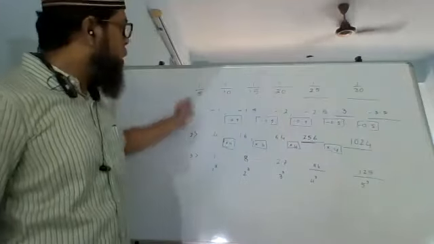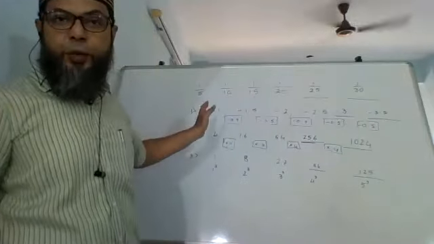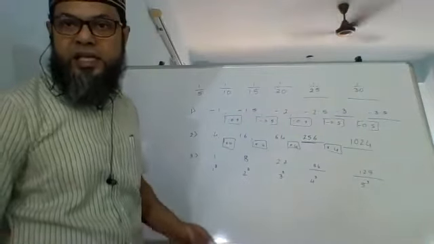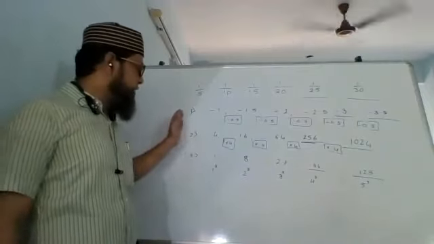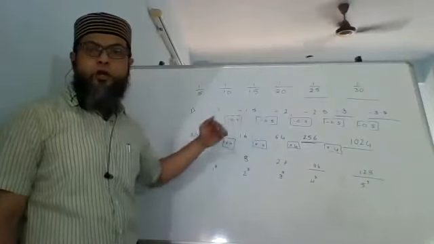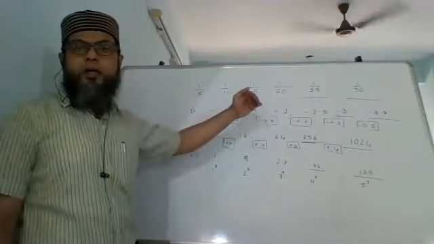So as I said, all of these are sequences. You need to identify what is the logic between two subsequent numbers. If you can identify the logic, you can find out the next number and the next number and so on, as many numbers as you need ahead of it. Of course, the numbers might become big or small depending on the logic, but you can find out all the numbers. That will not be a problem.